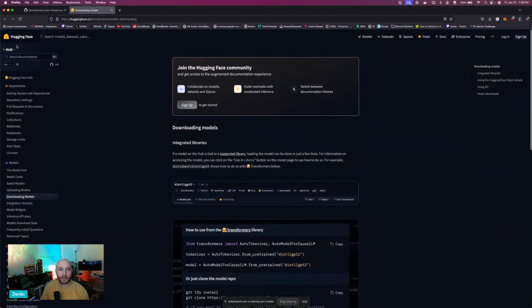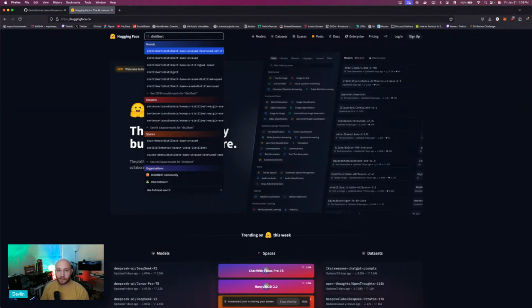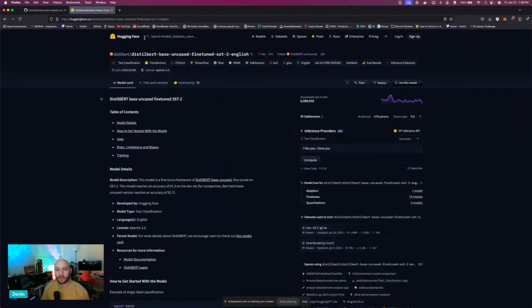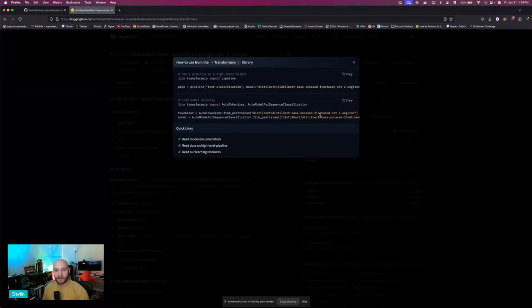So we're just going to search for the model I'm going to use. Oh, sorry, this is the documentation. Let's go to the Hugging Face website. And I think this is the one right here. We're going to be using DistilBERT base uncased. Yep, this is the one. So if you go here and go to use this model, transformers, I'm getting mixed up with module and model. I apologize in advance. All right, but the module is the Lilypad module. The model is the LLM that we're using, right? So anyway,